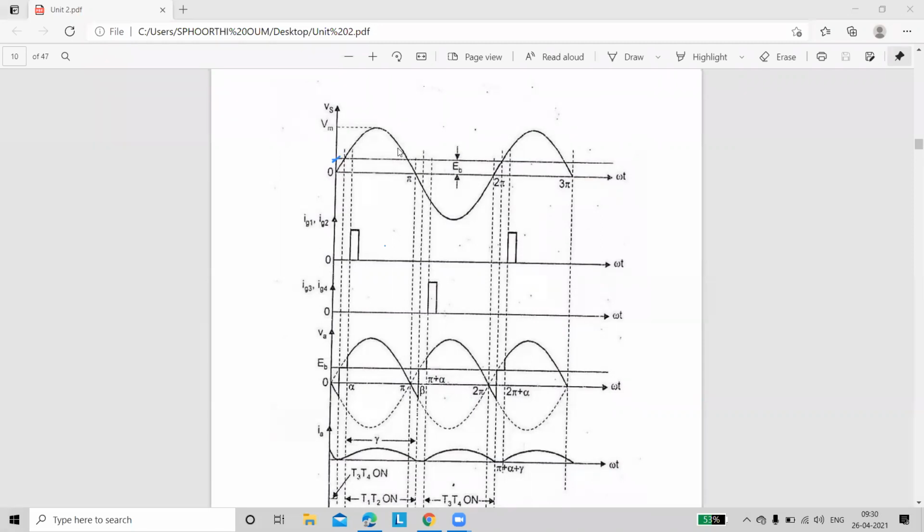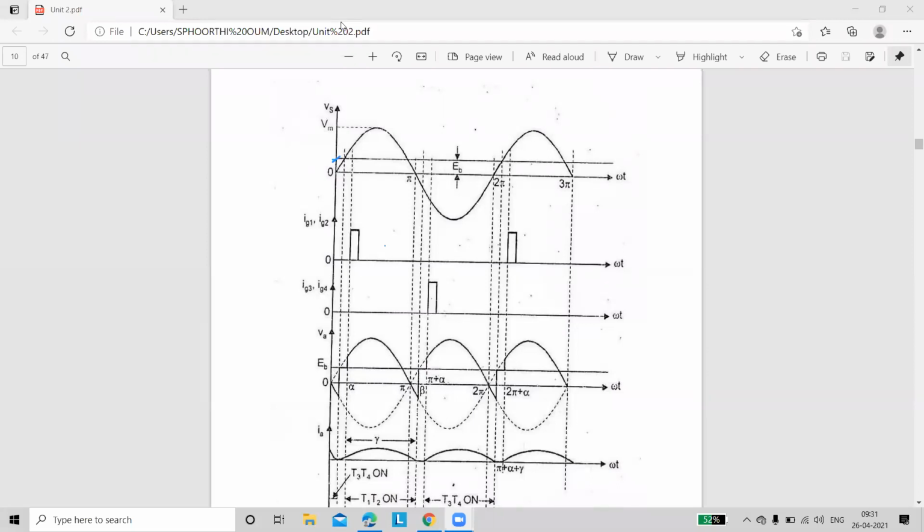And if the back EMF is a constant value or variable value, either it is DC or AC, tell me that. The back EMF is AC or DC? It is a constant value or a variable value? It is the DC motor. Always the parameters are DC, and the back EMF value you are taking as a minimum value. So the minimum value is always constant and it is represented by a straight line.